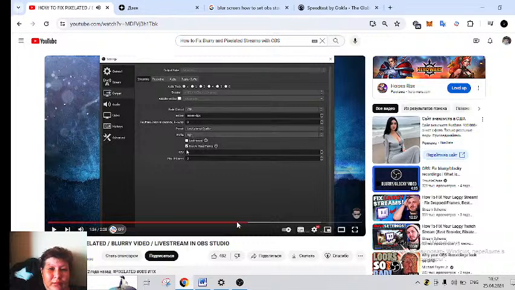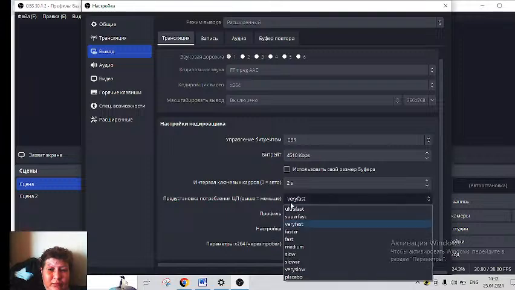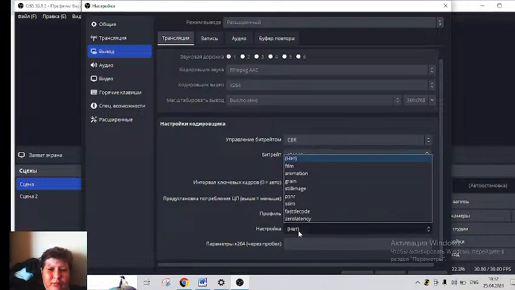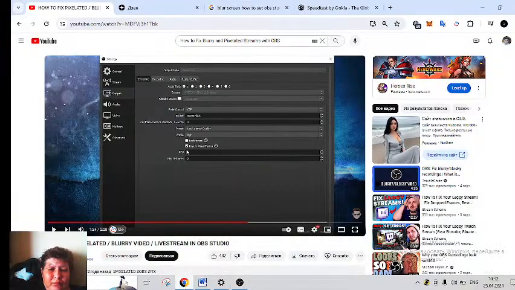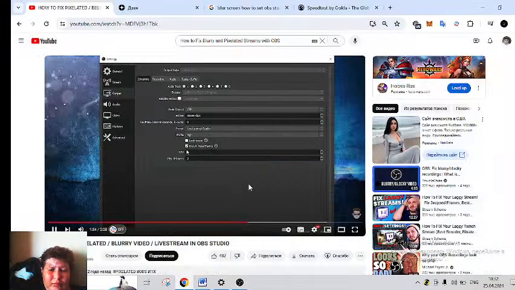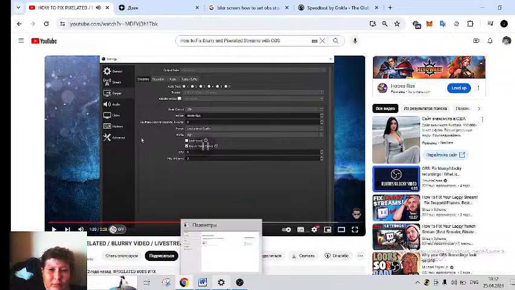CPU, select 0 and max B frames, select 2. Press apply, then